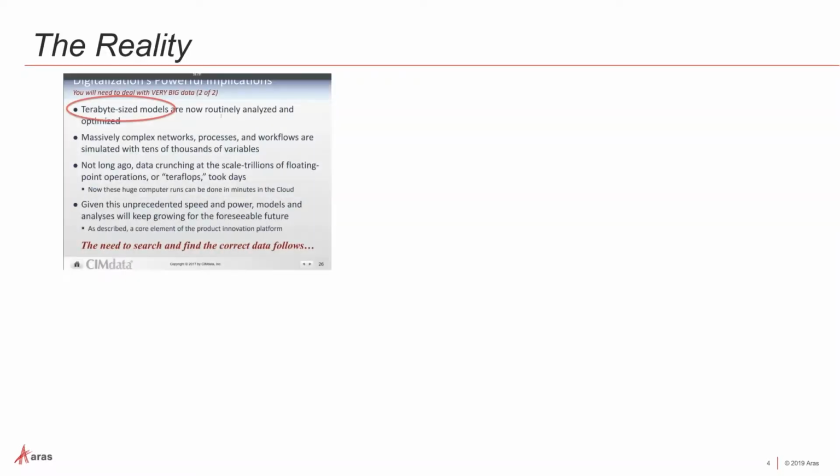The reality is that today's PLM systems are capable of representing the most complex up-to-date designs. And in fact, SimData, we'll be referring to some survey information they've done, puts it this way, that terabyte-sized models, product data, and so on are not at all uncommon. So the challenge of storing the data and getting it in seems to be fairly well met, but there are challenges remaining.